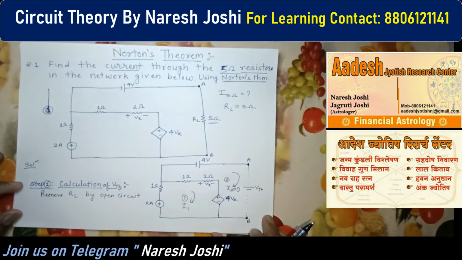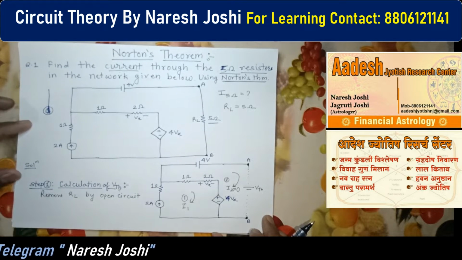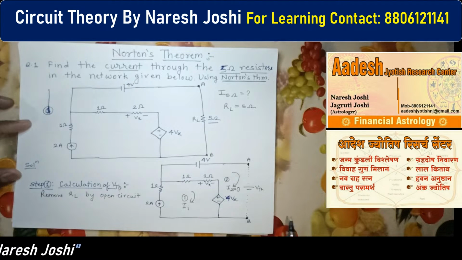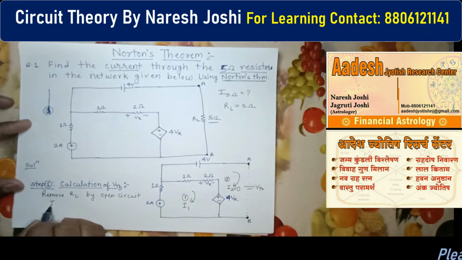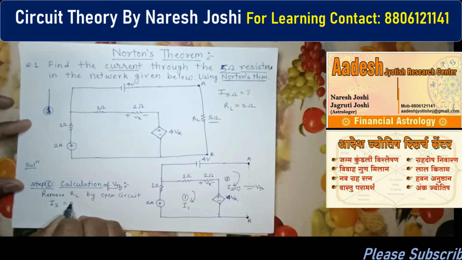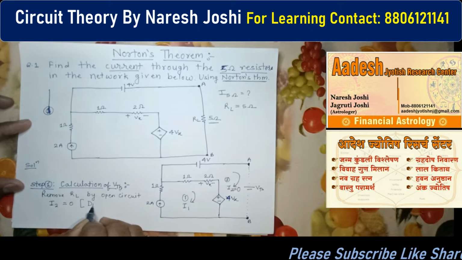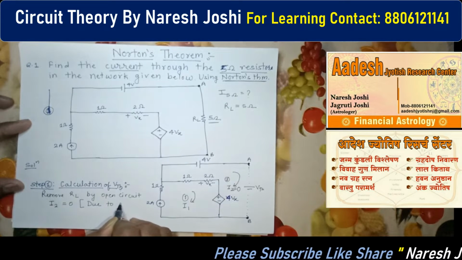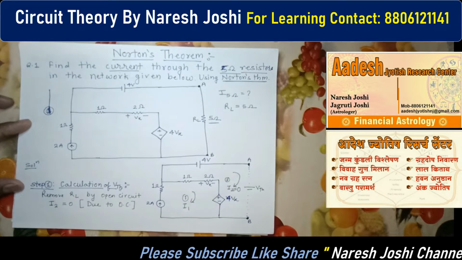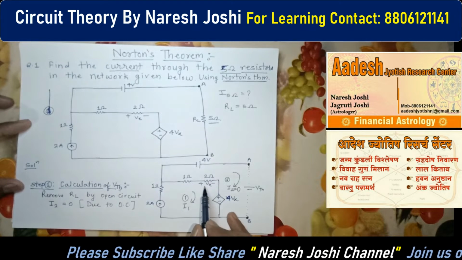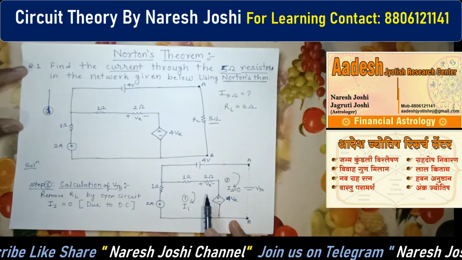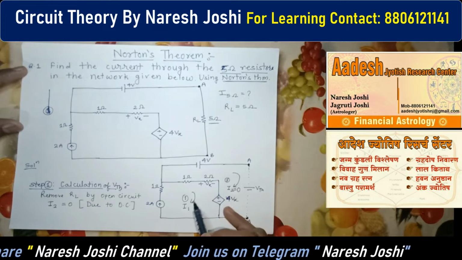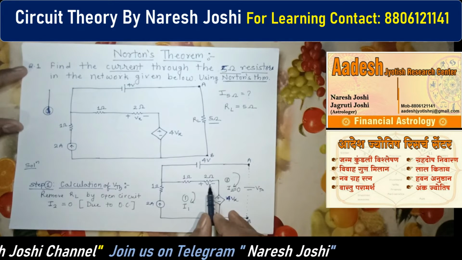Now from the circuit diagram, what is the parameter you can directly write down? You have to write that down first. Here you can see this is our open circuit. So the first point is I2 equals 0, due to the open circuit. Clear? Next you can see this is Vx. In this, you have to identify that Vx is common for mesh 1 and mesh 2. So what will be the value of Vx?